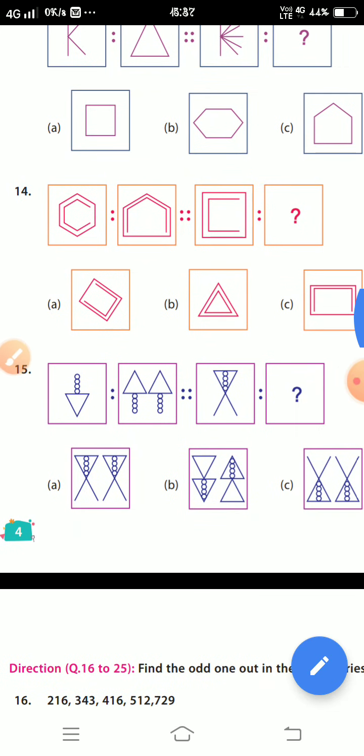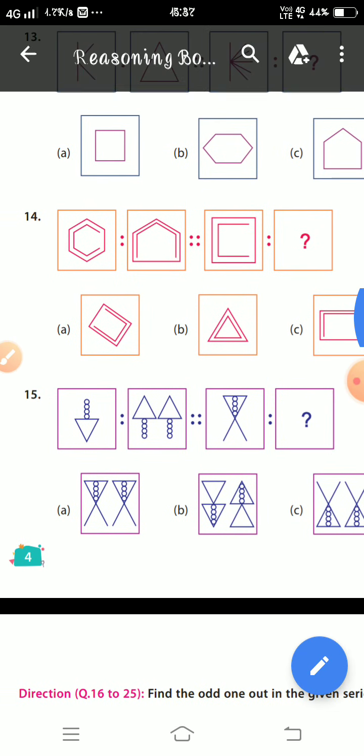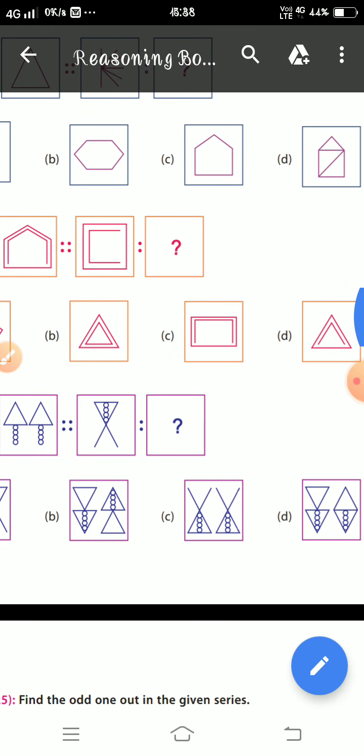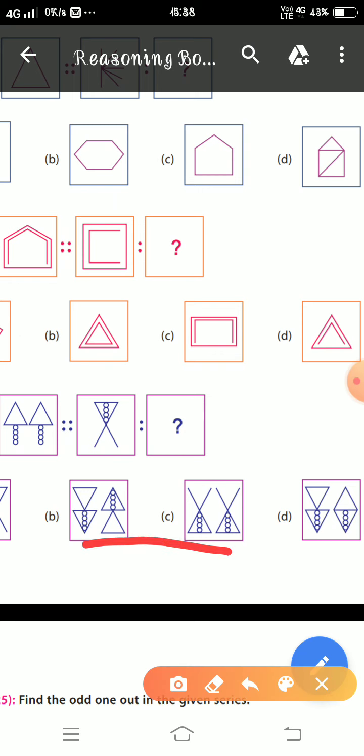I am also solving the 14th one for you. First of all, a hexagon is given, and inside the hexagon an incomplete hexagon is given. In the second one the sides have decreased and a pentagon is given, and inside of it a decreased pentagon is given. The next one is a square, and inside it an incomplete square is given. With one side less, it will be a triangle. So definitely a triangle, and inside an incomplete triangle. The right answer is D1.